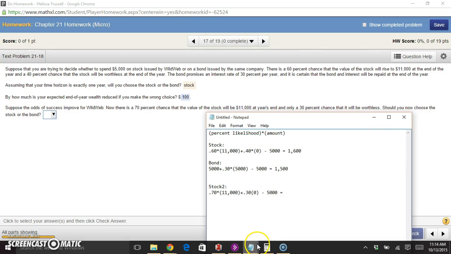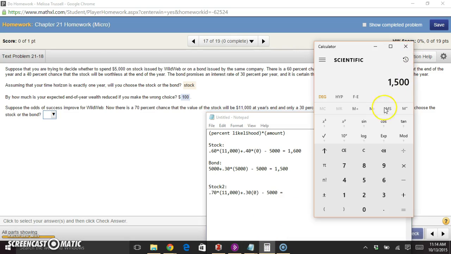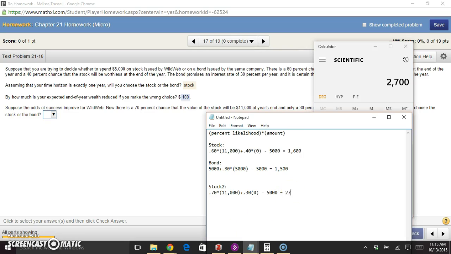And let's pull up our calculator and see what this expected value is. So now we've got 0.7 times 11,000. And of course that second part is 0. So I'm just going to take that and subtract my 5,000. And now I've got 2,700